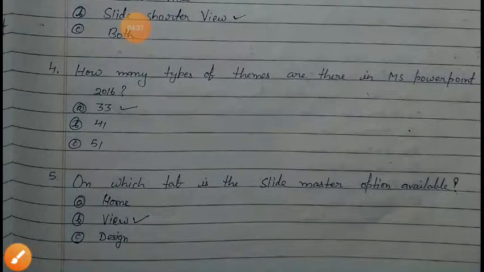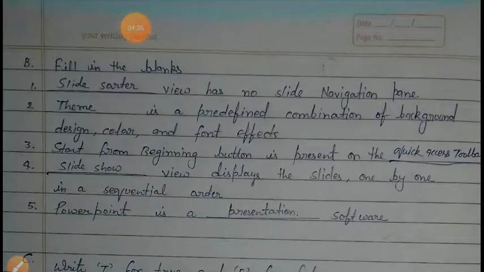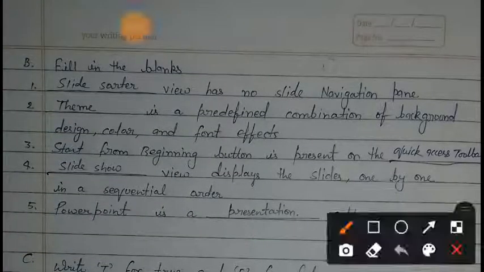Okay, now come to the next exercise, that is exercise number B, fill in the blanks. Here you have to fill the correct word in the given area. So students, question number first is dash view has no slide navigation pane.